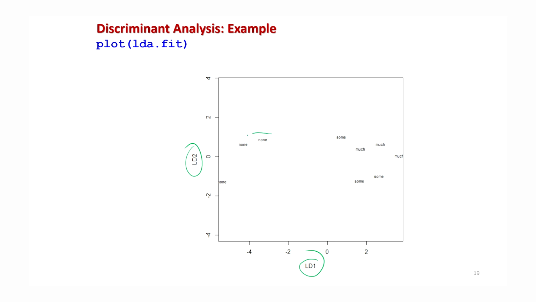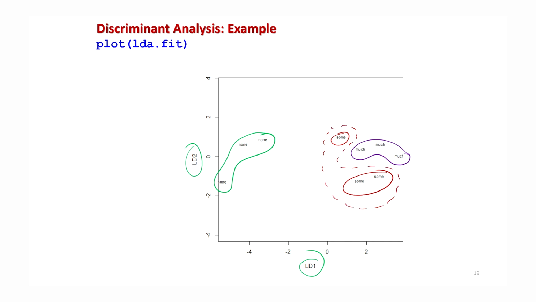You can see here that none is coming very clearly. This has been classified. Similarly, much is clearly separated here. But if you look at sum, two sums are here and one sum is here. So it looks something like this figure, but in comparison to none and much, this figure is not very clear. If you make a separator like this and this one, there is one observation on sum which is not getting classified clearly.